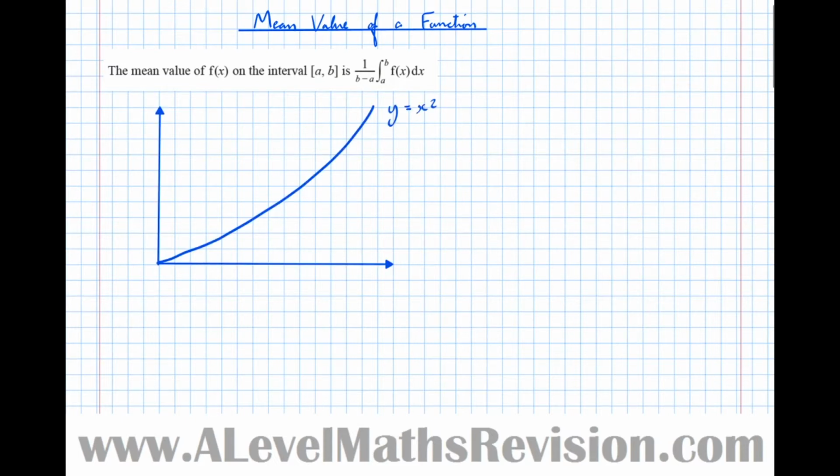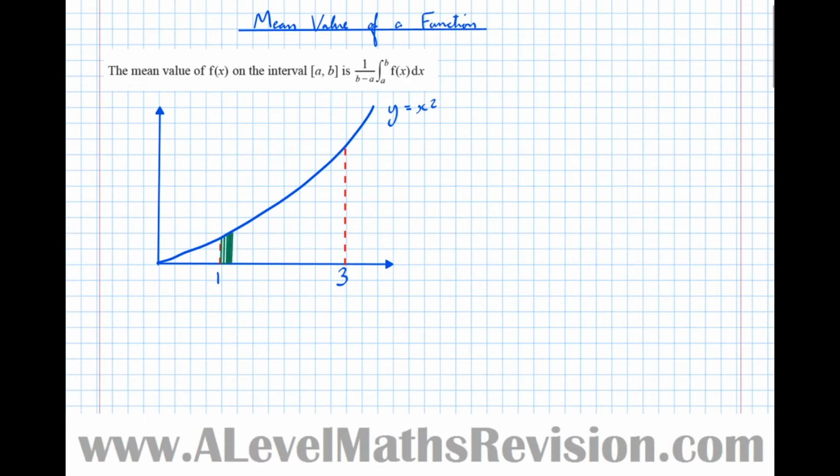If we take the function y equals x squared as an example, and say we want to find the mean value between 3 and 1. What we'd normally do when finding the mean value of something is add up all the values and divide by how many there are. Why that's not possible here, just adding up all the values, is because there's an infinite number of values of the function between 1 and 3,